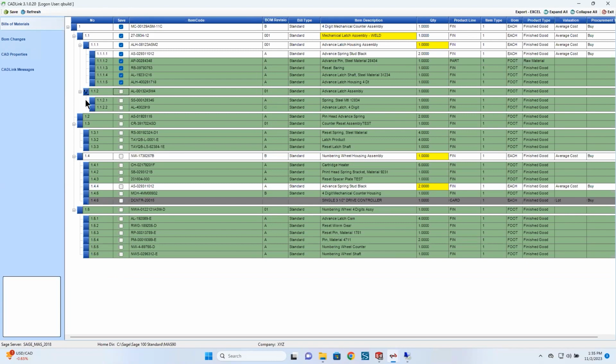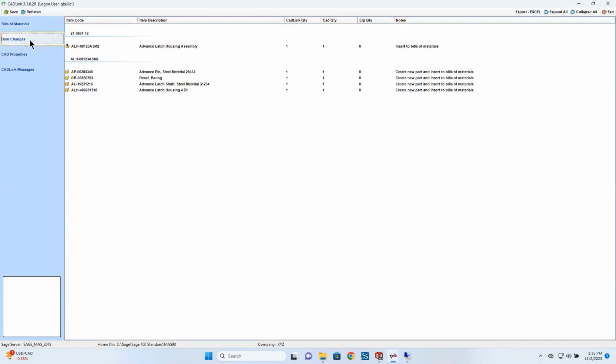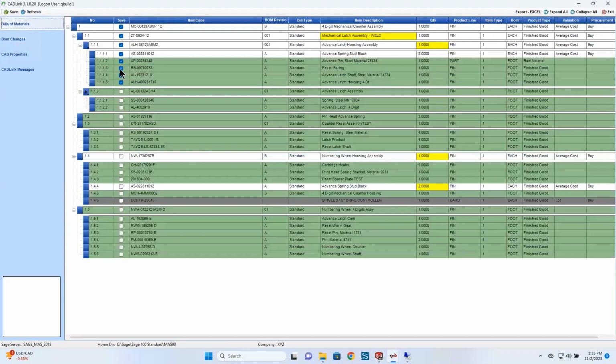Now, when you're doing something like this, right? You're choosing only a portion of the bills of material to be saved. When you look at the bill of material change summary, as you can see, the list is much shorter, right? Because we're making a lot fewer changes. And again, this bill of material is not that big, but imagine if you had a much larger bill of material where you need to scroll up and down and you have only a few items selected, scattered across different bills